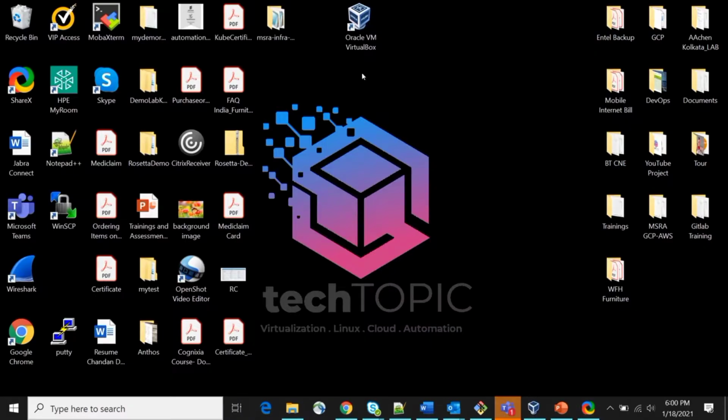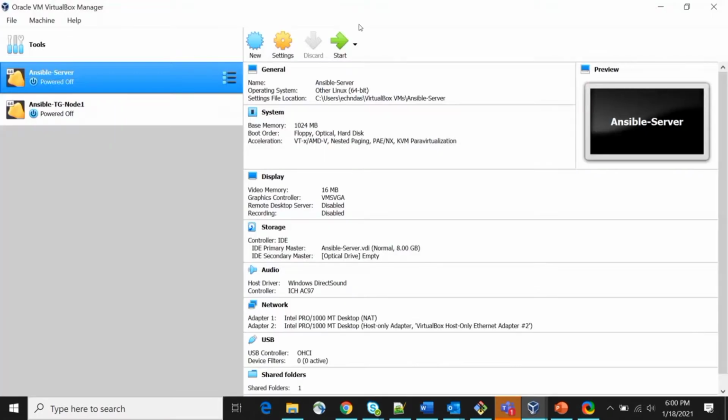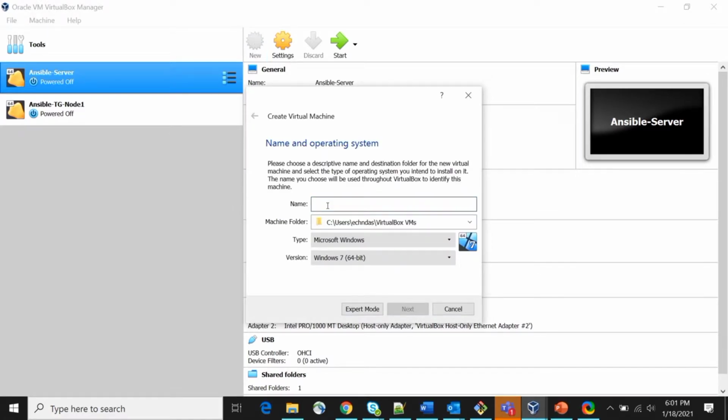Now I am opening the Oracle VirtualBox application. There are already 2 VMs here which I have created earlier. So I am going to create a new VM. Here you need to choose the new option, then the name of the VM. I am writing my CentOS VM, right?